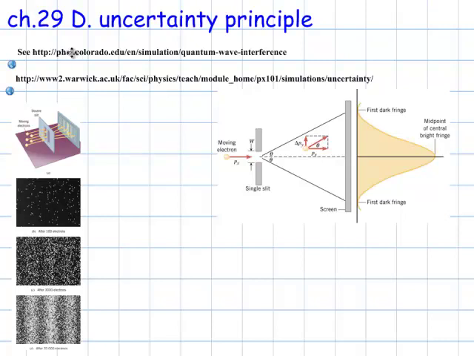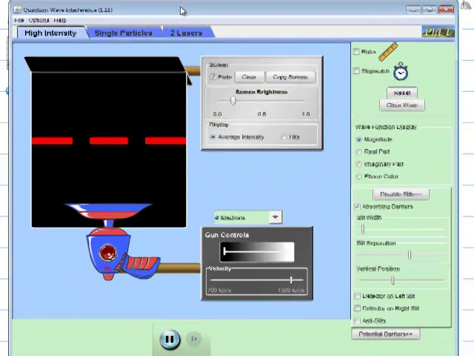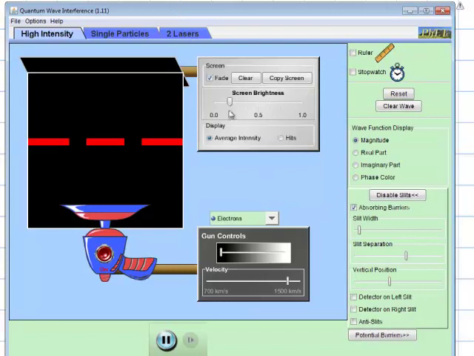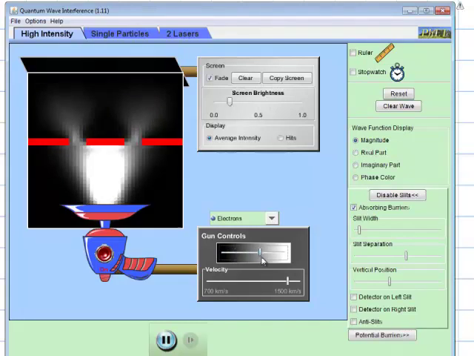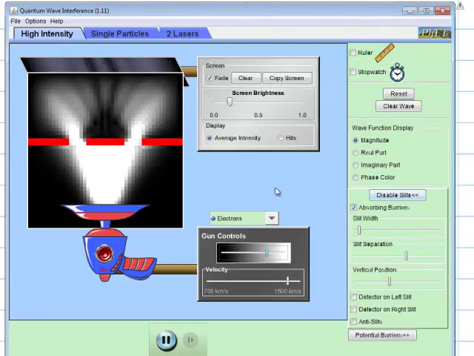Okay, I'm just going to go to Physics Educational Technologies, PhET, and again, this is through quantum physics, and so that's where I get this particular applet, and then I click on a few things and I choose electrons, and I have a double slit. I know the problem says single slit, but I'm just using a double slit here in order to show that despite